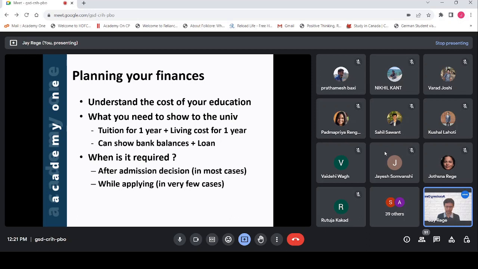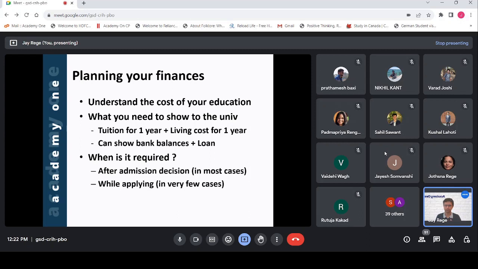Now, most universities, when you apply, don't require any finances, except for a very few universities, and one very popular one is San Jose State University. What they require is a bank letter or a loan sanction letter which will clearly say that you have funds to pay for at least 1 year of tuition and 1 year of living cost